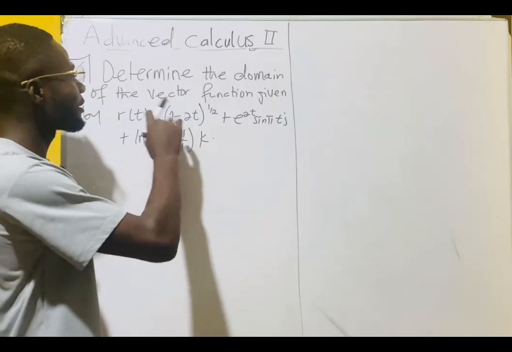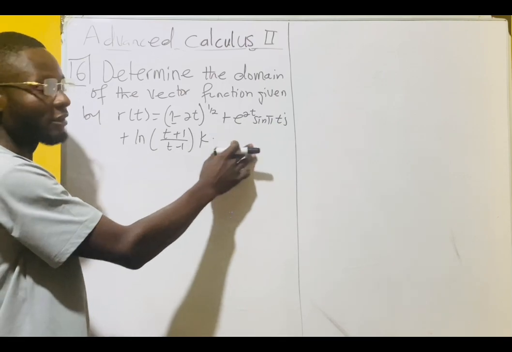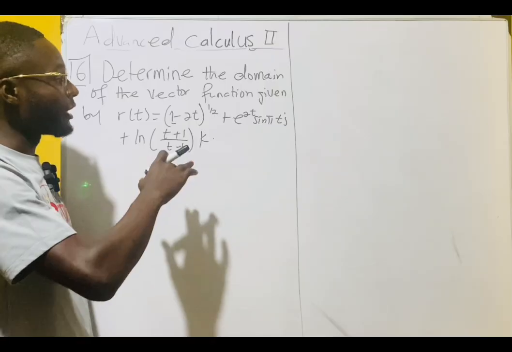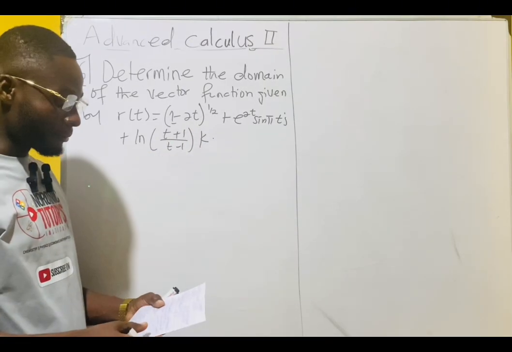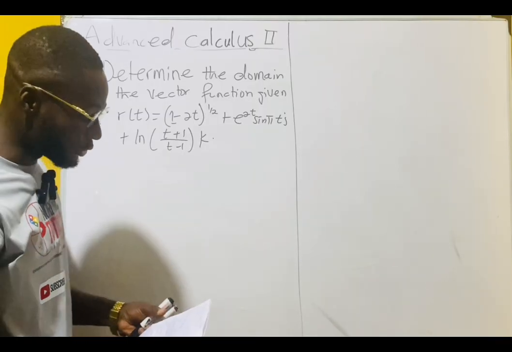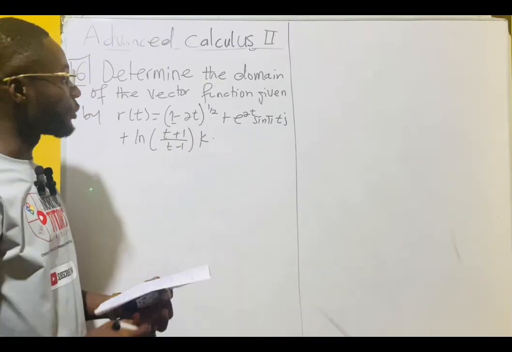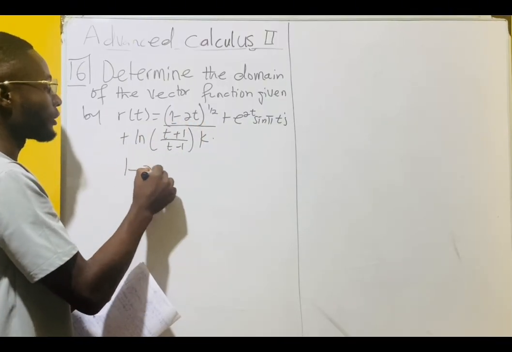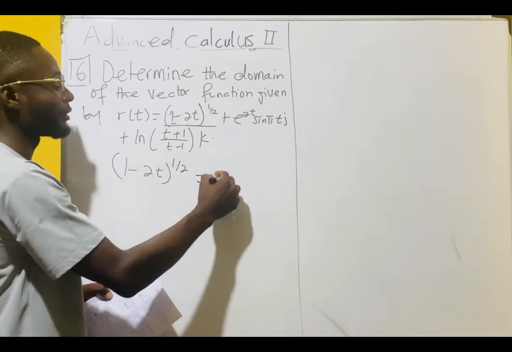With question number 6, we have to determine the domain of the vector function given by r of t equals this function, right? So this means that we have to check for the condition that will make sure that for each of these components, the value of t that we substitute will make the function to be defined, right? So we have to check each component, right? So with the i component, which is this part, we know that we have 1 minus 2t to the exponent half, right? And this is the same as square root of